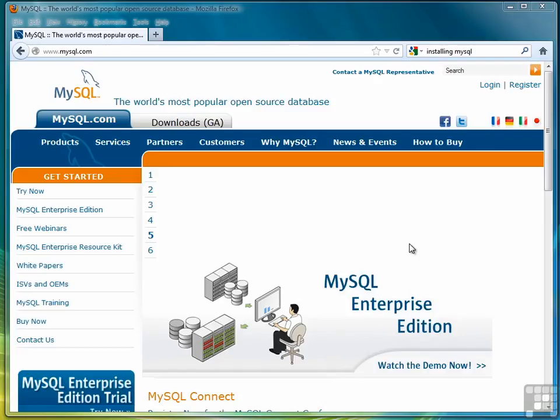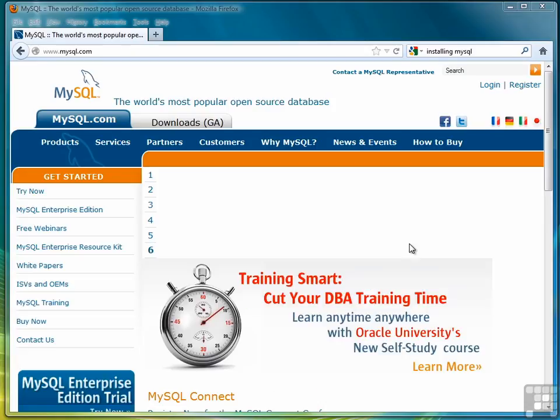In this lesson, I'm going to show you how to install MySQL on the Windows platform. If you're a Mac user, you can skip this lesson and go on to the next lesson where we'll install MySQL on a Mac. But if you're working in Windows, the first thing you need to do is open your browser and navigate to